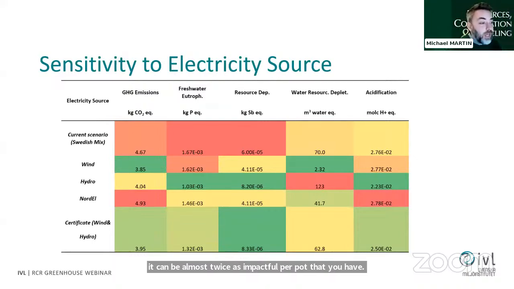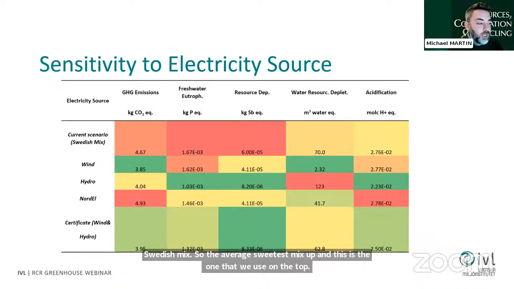And speaking of the energy, it's also very sensitive. A lot of the companies, and I try to discuss this in the article, buy, for example, certificates for wind and hydroelectricity, and they want you to include that in the assessment. But I like to be a bit conservative, and I like to do the studies with the Swedish mix. So the average Swedish mix is the one that we used on the top.